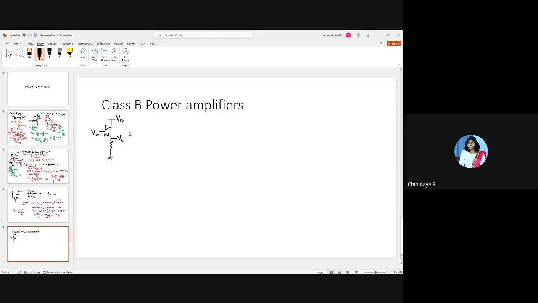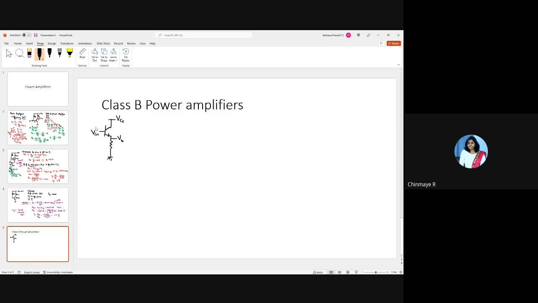What amplifier is this? Have we done this before? Common collector. Right? So basically the gain of this is a maximum of 1. Correct? So how do you think this will work? So this will work as an amplifier.